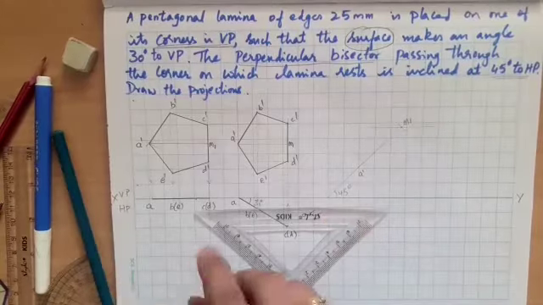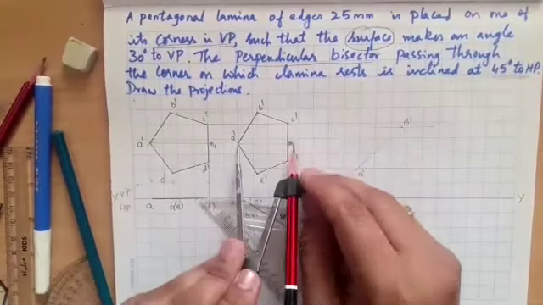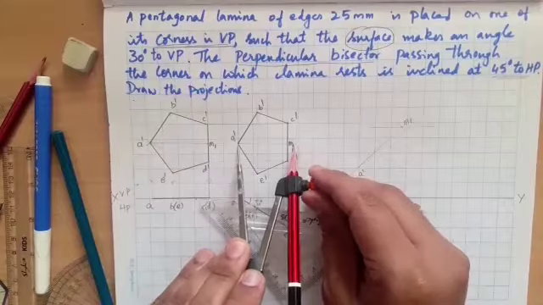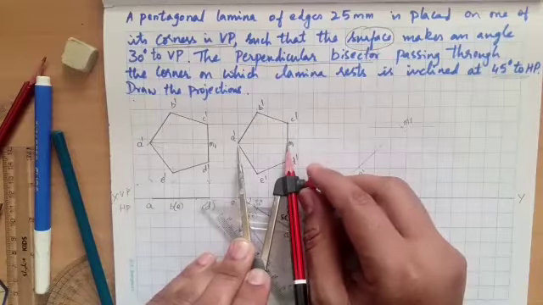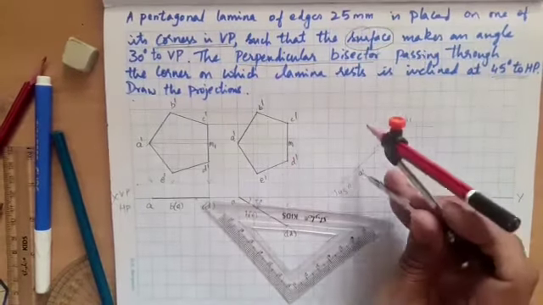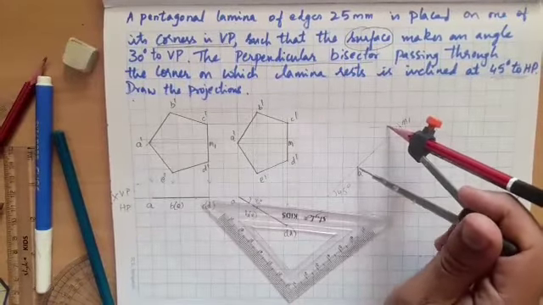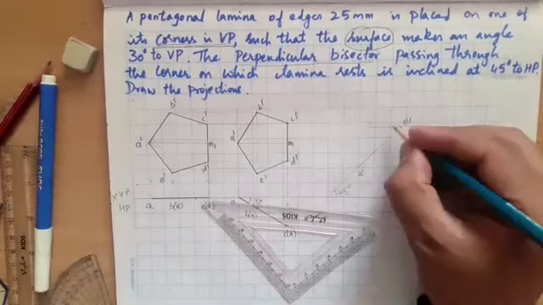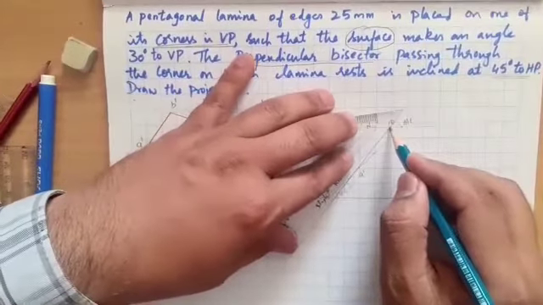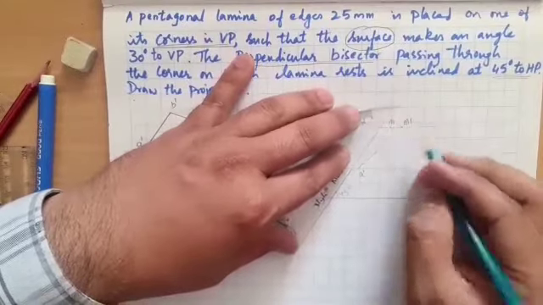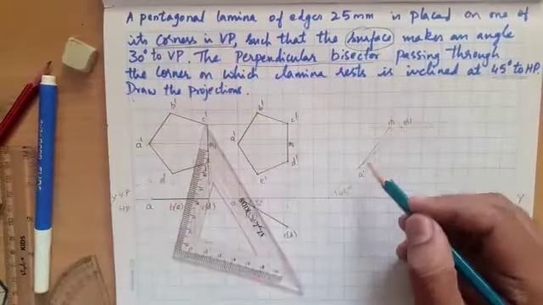On this locus, I have to represent the new location of M, the new dimension of the perpendicular bisector, that is the foreshortened dimension, A dash M. I am taking this measurement A dash M, and with A dash as center, I am marking M here on this locus line. On this locus line, this is M, and I have joined A dash and M with a thin line.